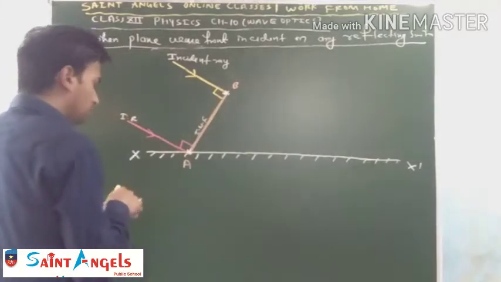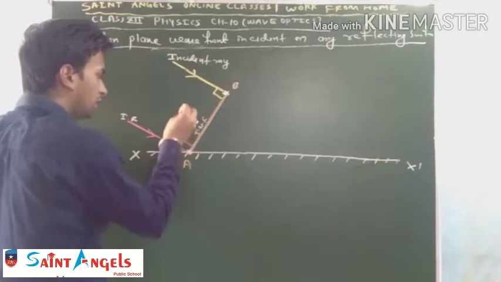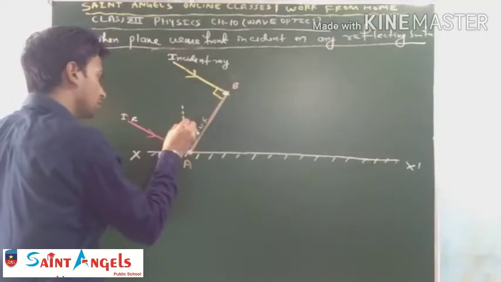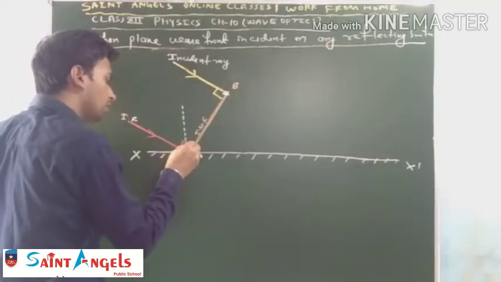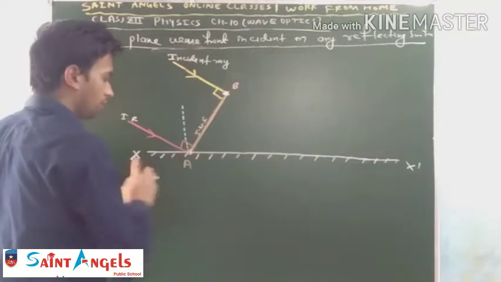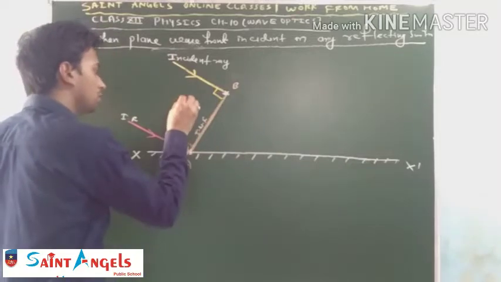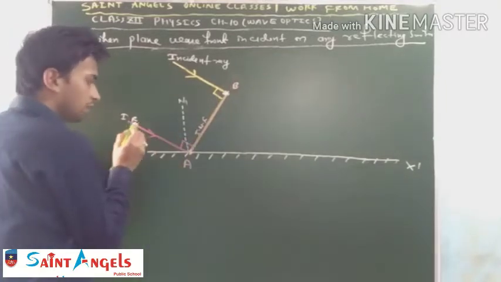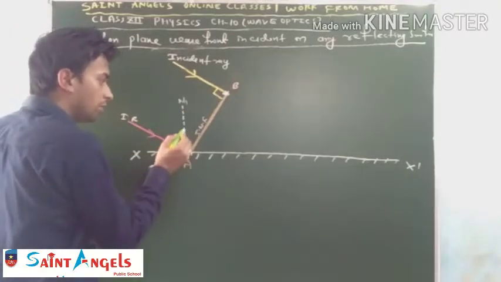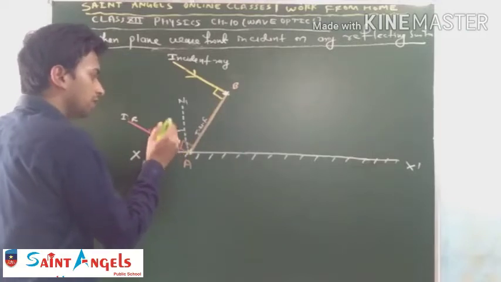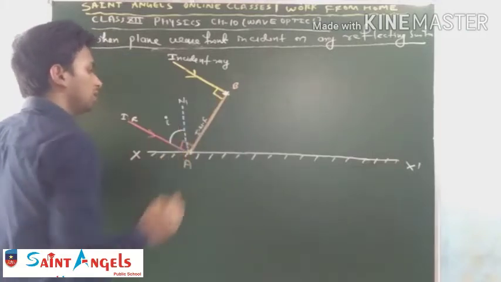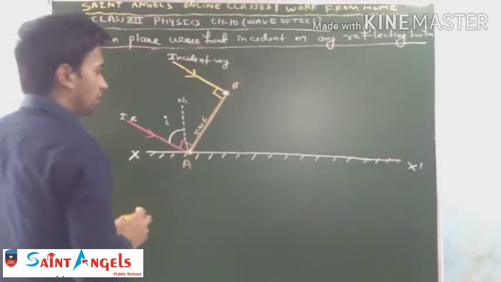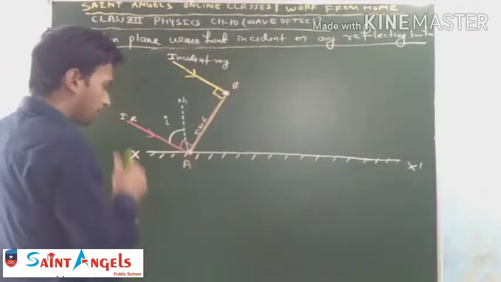If we draw the normal at point A, so draw a line N1 perpendicular to the plane of the reflecting surface. Student, this is the incident ray and this is the normal, so the angle between the incident ray and the normal is called the incident angle i. Now